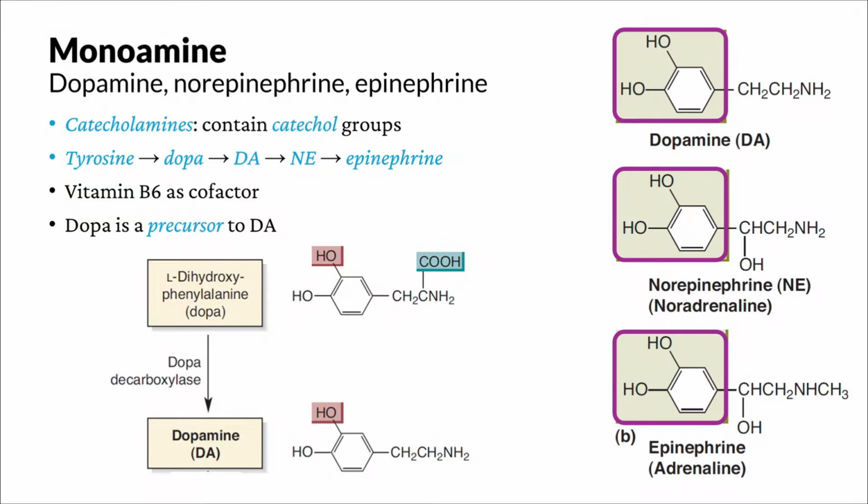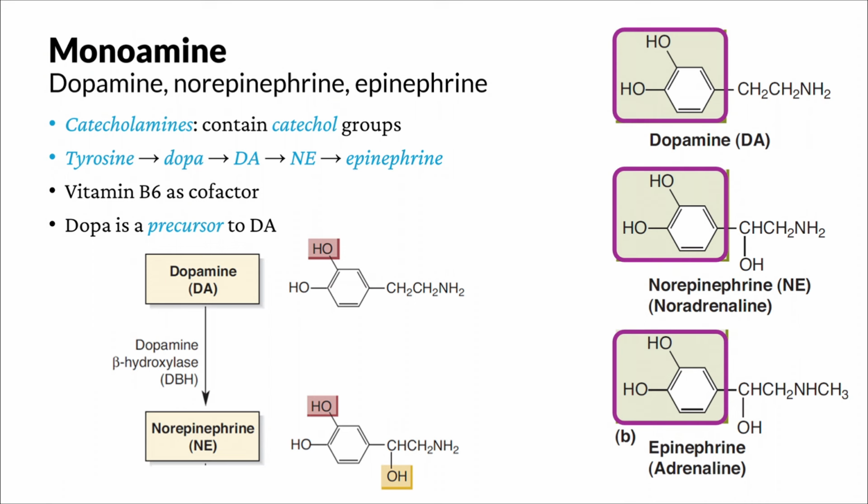Dopa is a precursor to DA, therefore it has a very desirable function. Just a brief mention here. In patients with Parkinson's disease, there's a deficiency of dopamine in the brain. However, we cannot directly deliver dopamine into the brain because the blood-brain barrier blocks dopamine. However, we can deliver dopa into the brain, and it can pass through the blood-brain barrier. Therefore, dopa is used for treatment of Parkinson's disease. Dopa is delivered into the blood, and it crosses the blood-brain barrier to enter the brain, where it is converted into dopamine. Therefore, we have made use of the fact that dopa is a precursor to dopamine.